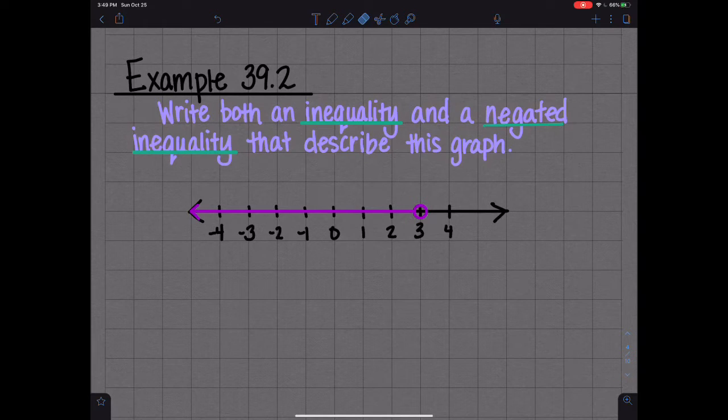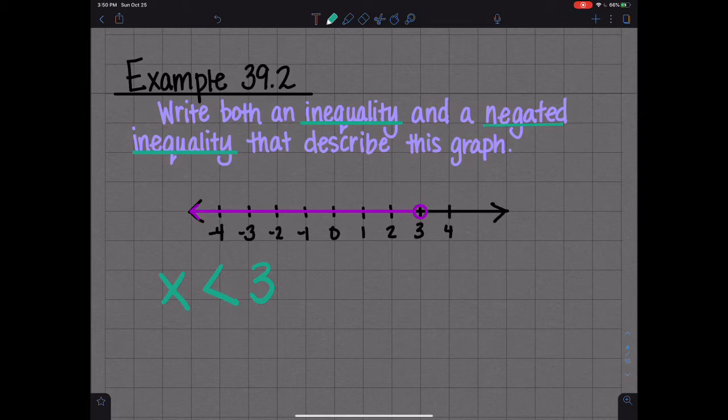Okay, so the graph says that here I see it starts at the 3 and it goes to the left, so anything less than 3 is included. So I'm going to write what I know so far. X has to be less than 3. And then I'm going to double check, is 3 included in that? In other words, do I need to add an equal sign right here? And since it's an open circle, 3 is not part of the answer to that, so I'm not going to add an equal sign. So the first inequality is X is less than 3, and that's what that graph is